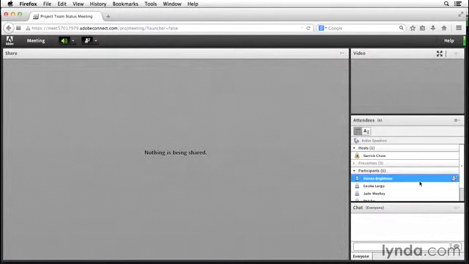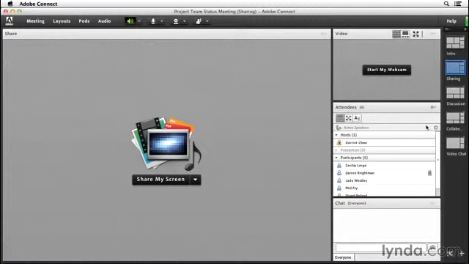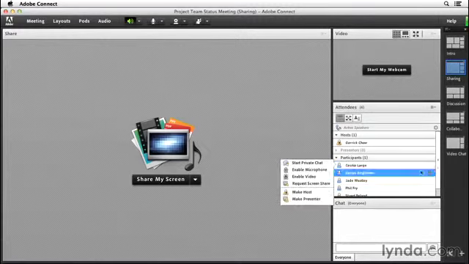Now, back in my view as the host, I see this message that one person has raised his hand. I see the person's name, and I can either accept or cancel the hand raise. If it's not a convenient time, I could click the X button to ignore the hand raise, and that would clear his status in the Attendees pod. But if I want to hear what he has to say, I can click the checkmark button, and that changes the icon next to his name in the Attendees pod to a microphone,